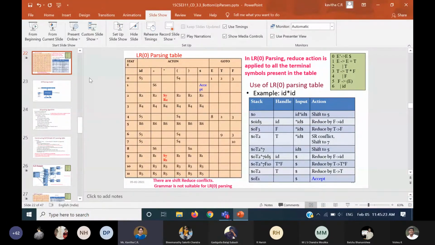Yeah, I will continue with that example. So before I proceed, you just see this table once because we are going to take the same example, but we are going to have SLR parsing today. If you notice here in state number 2, we have a problem, that is the conflict, and we have applied rule number 2. Similarly, state number 3 also reduce action R4, state number 5 R6, and then state number 9 R1, state number 10 and 11 R3 and R5. Okay, so just observe this because we need it for today's discussion.